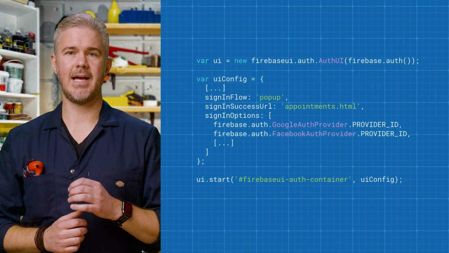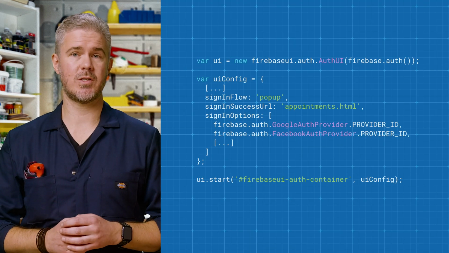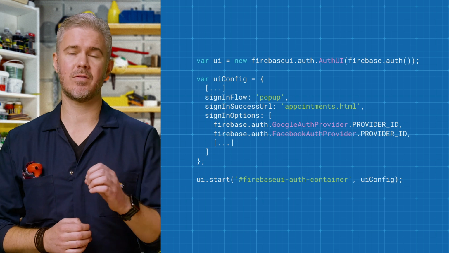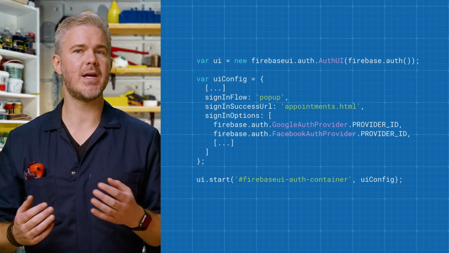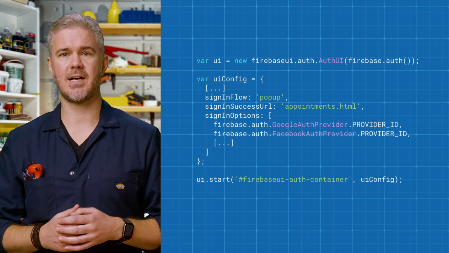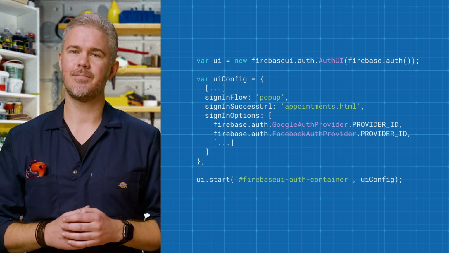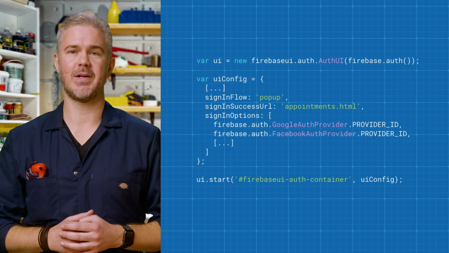The code for Anna's prototype is linked from the description below. Let's look at the most important pieces. In her JavaScript code, Anna initializes Firebase UI, which will display one button for each identity provider shown to the user. She also tells the Firebase UI library which page to redirect to after the user has signed in successfully. Finally, she renders the Firebase UI component.